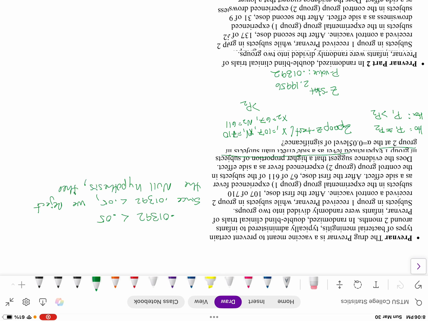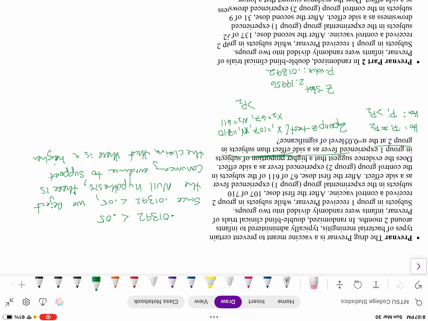There is convincing evidence to support the claim that there is a higher proportion,